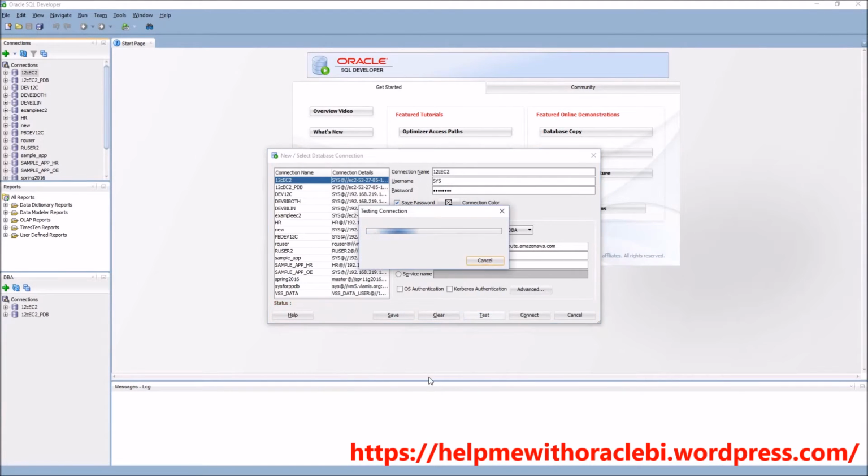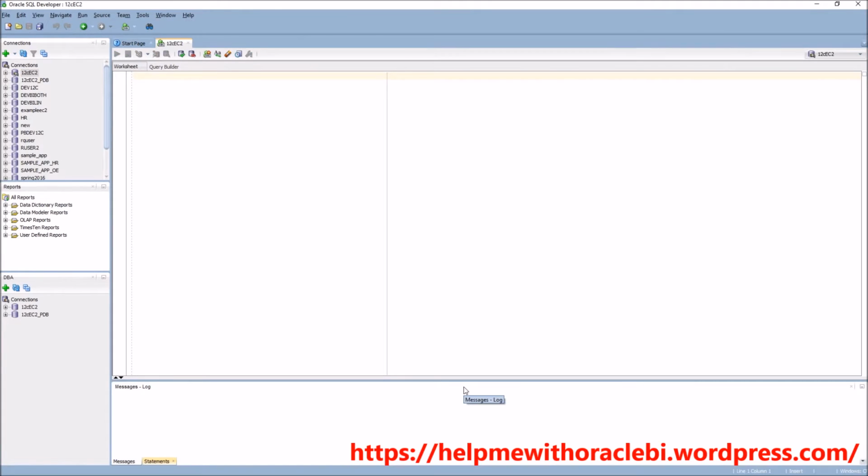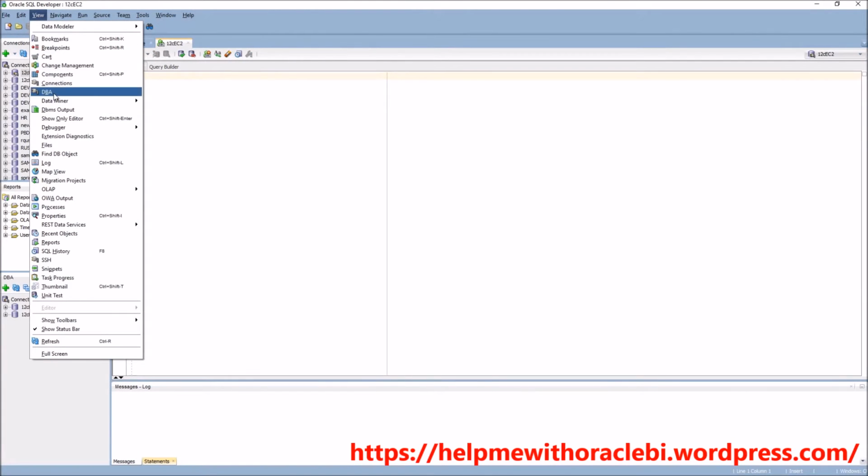So let's go ahead and test our connection here. We can see now that we're able to successfully connect. I'm going to go ahead and save it with a new IP address, hit connect, and we should be connected here. So one of the handy things about SQL Developer is if you select this DBA